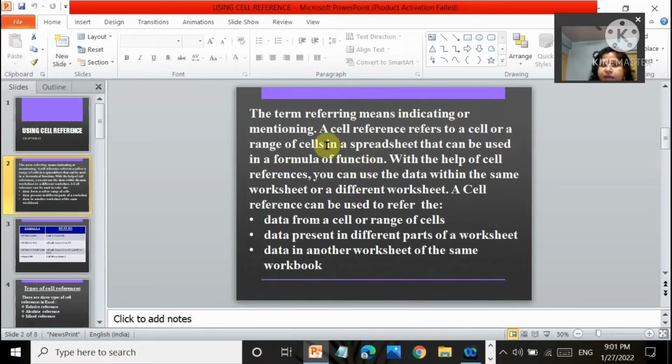So it can be a single cell or it can be a range of cells, means a group of cells present in contiguous locations. Contiguous means each cell will touch each other's boundary. These cells are not present at separate places. They are placed at one place. That is your range. With the help of cell references, you can use the data within the same worksheet